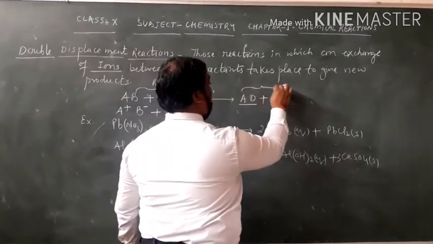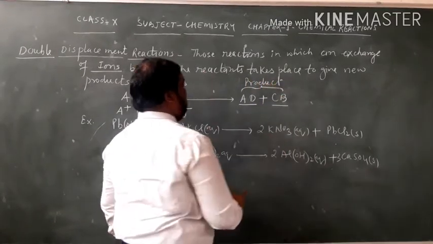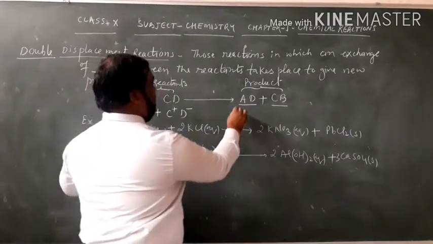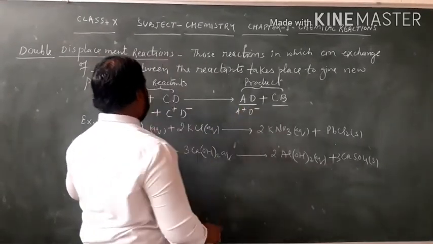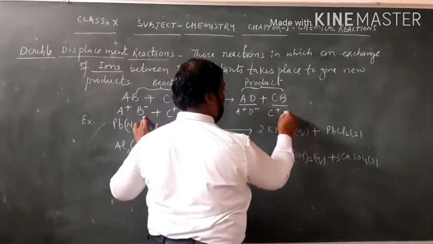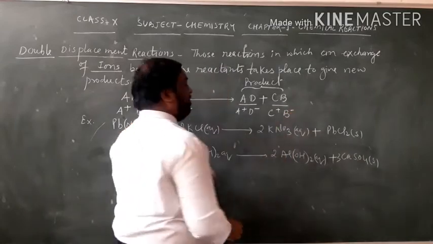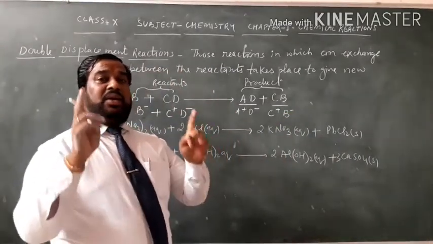These are the products. So here A plus with D minus and here C plus with B minus, meaning exchange of ions takes place in double displacement